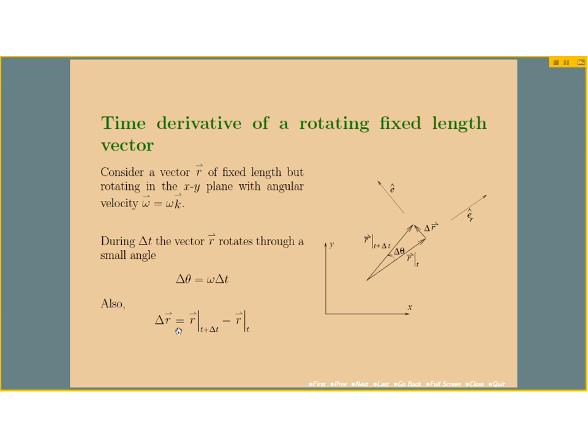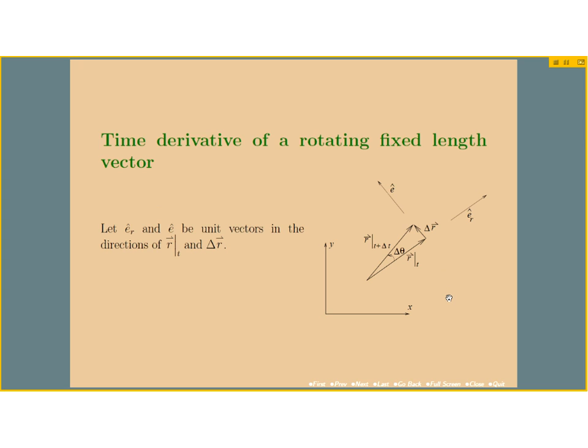Of course, since these three are all vectors, we need to calculate, in this case, a vector difference, which is really the same as a vector summation, but where one of the vectors has a negative sign. Since this vector R at time point t is the one with a negative sign, the vector addition will give us minus R at time t plus R at time t plus delta t, and thus the resultant vector is delta R, indicated over here in this sketch.